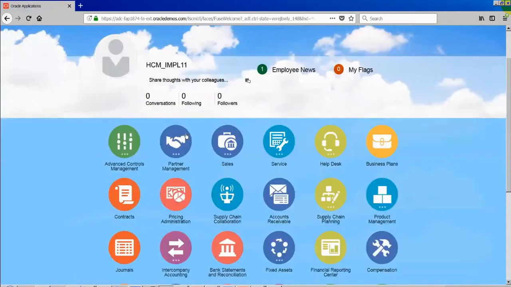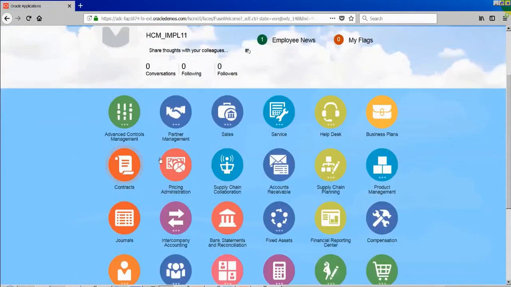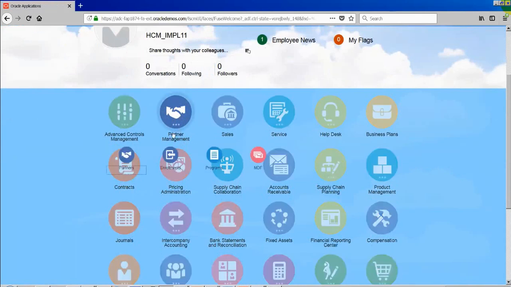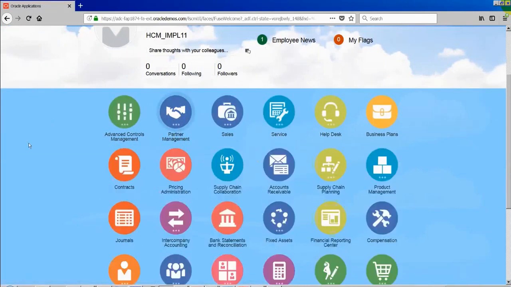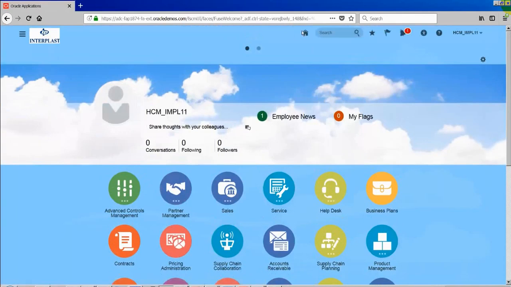And again, if an icon has multiple tasks, then this is called a category. Category is nothing but a set of tasks. Okay, so when I say category, it means it has multiple tasks. When I say task, it's nothing but a page. You can think of it like that. Okay, and it is a global area.